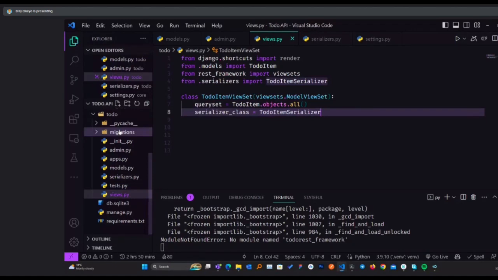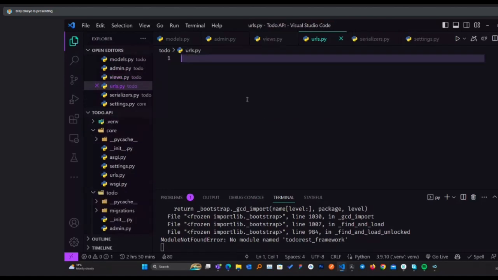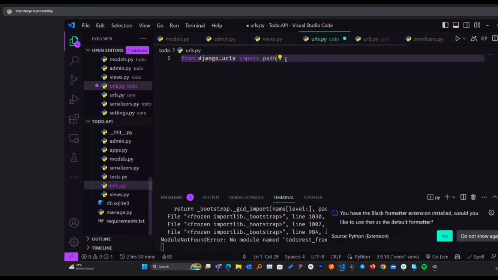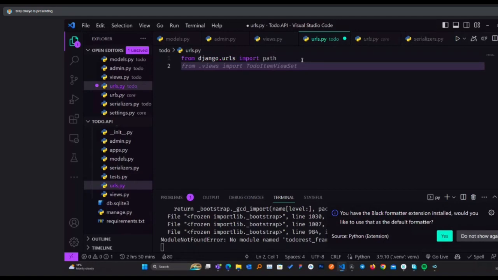Then in the to-do app also, I'll create a new file. I'll name it urls.py. I told you initially, from what we had in core, URLs specify the routes. So here I'll import from, I'm not always quite sure of that, so I'll just have to confirm here. So yeah, from django.urls I'll import path. Then I'll import the view that we created. So from .views, I'll import the ToDoViewSet, the logic of whatever we want to happen.